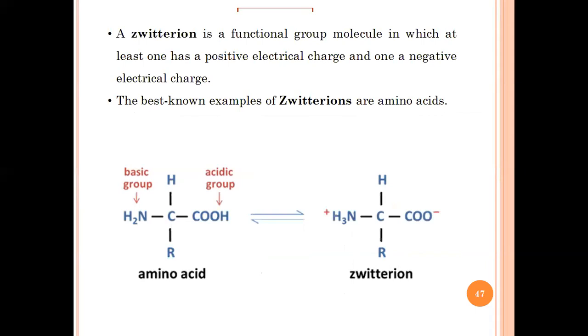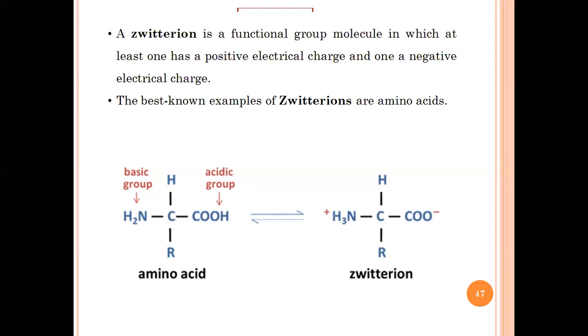Yesterday someone had asked me about the Zwitterion. At that time I also explained a little, but now we can talk about the Zwitterion in detail. It's not given in your textbook, but just because you had asked yesterday, I tried to put it in here because it makes sense when we talk about amino acids. So what is a Zwitterion? It is a molecule which contains functional groups, and among these, at least one should have a positive charge and one should have a negative charge. Such a molecule, which has functional groups that give a positive and a negative charge at the same time, is known as a Zwitterion.